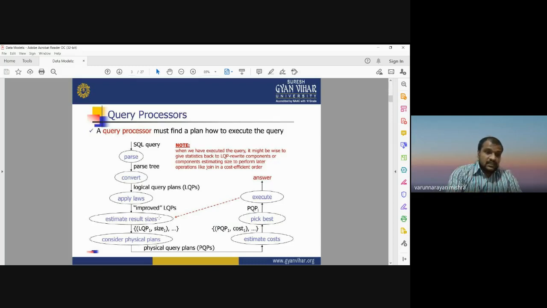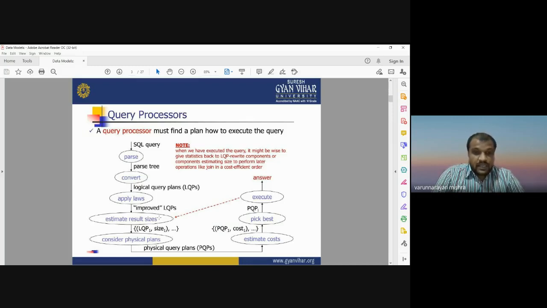After converting the query into a logical query plan, it applies some laws, some rules, to improve the query plan. Then it estimates the results on the basis of the queries we have asked for on that database.